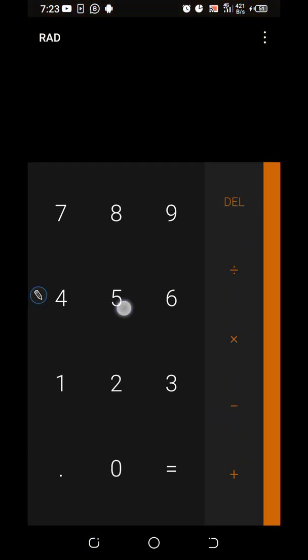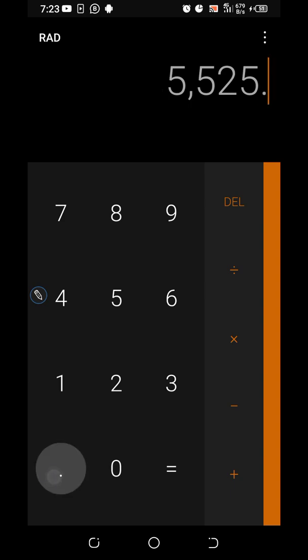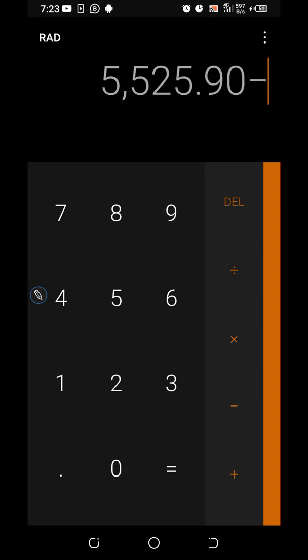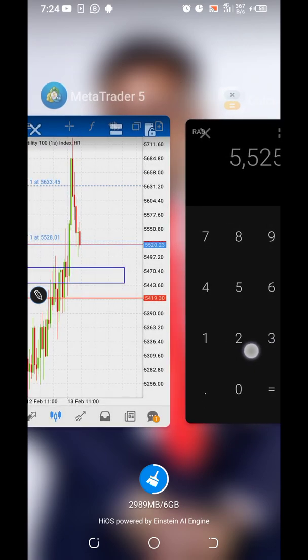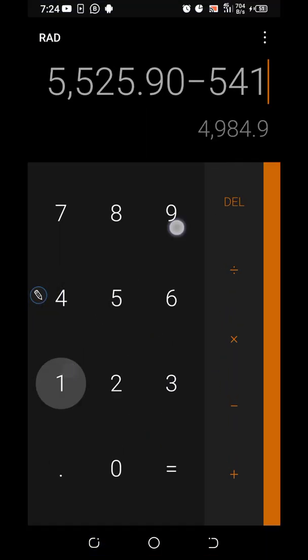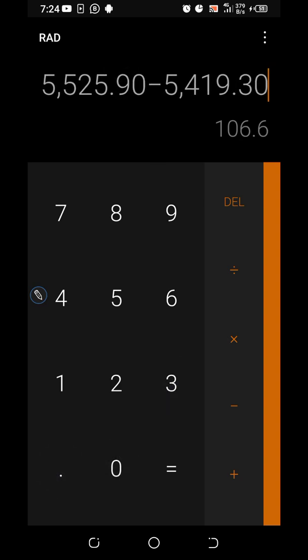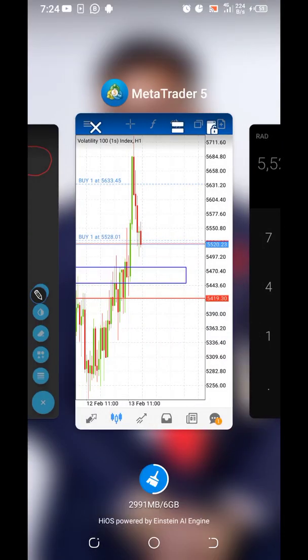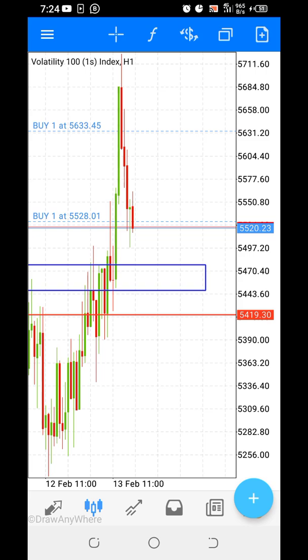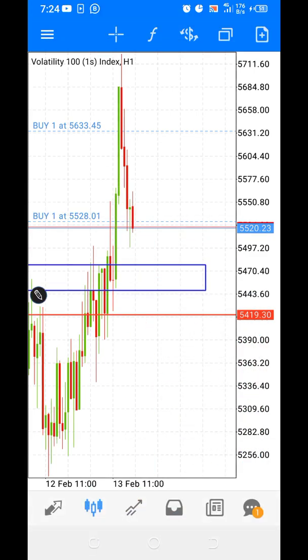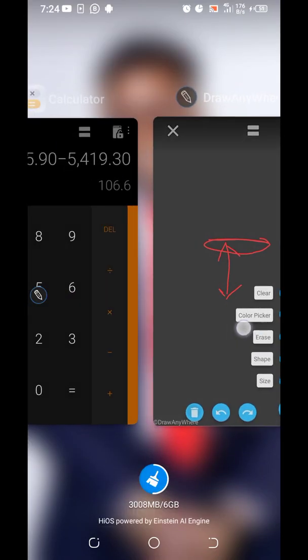5525.90 minus my stop loss. My stop loss is 5419.30. All right. So this is my point value. It means that the distance from here where price is at currently, this line you're seeing, the distance from here to here, that's your point. The distance from here to here is what the calculator is giving us as